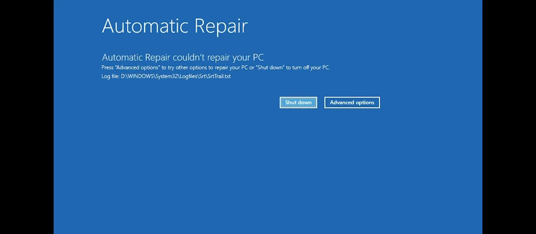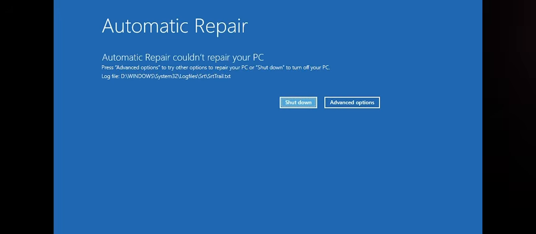How to fix unmountable boot volume in Windows 10. First, start your PC and press your F9 key repeatedly to access the automatic repair screen. If your F9 key doesn't work, try your other F keys like F8, F7, etc. If you still can't access the automatic repair screen,